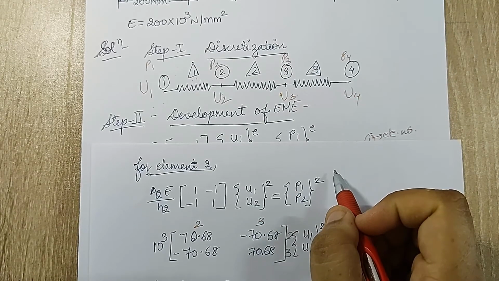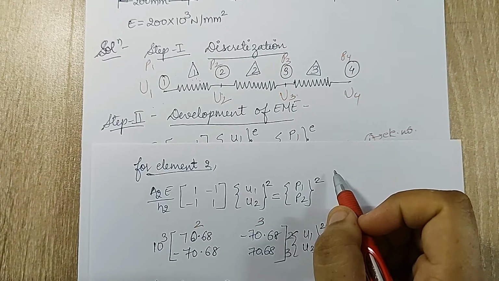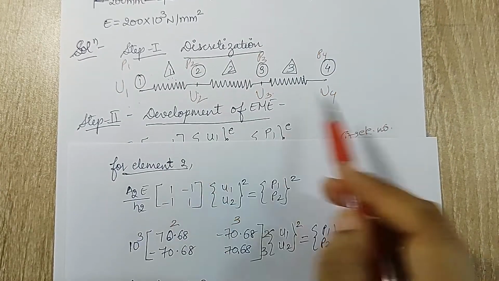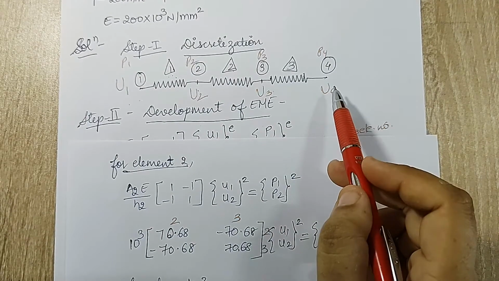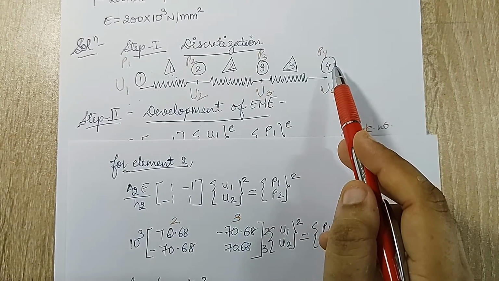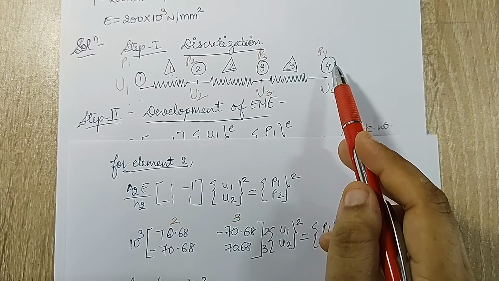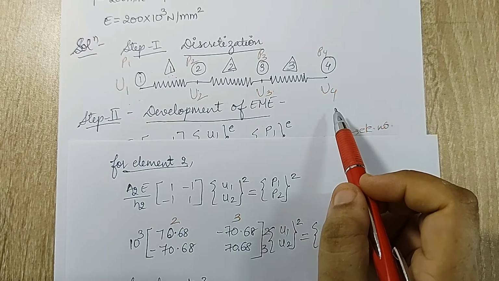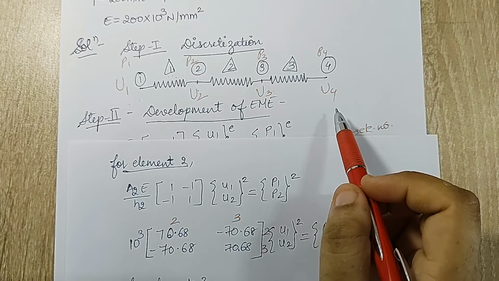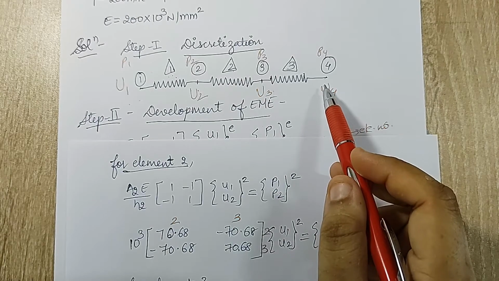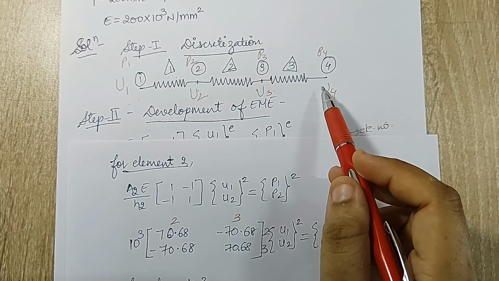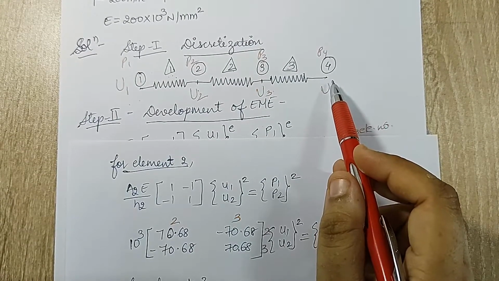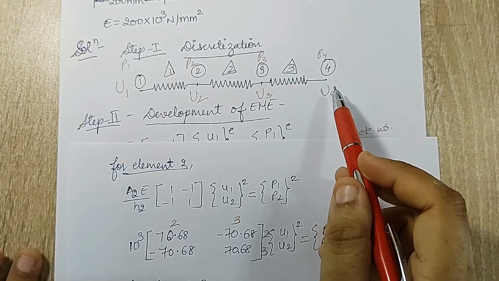This is something which you can just take, and henceforth you can use it for solving other numericals as well. That is, every body has to be divided into nodes, and whatever is the highest number of node, 3, 4, 5, 6, 7, 8, whatever it is, you will be making the order, that is m into n, as the highest number of node multiplied twice, which means if it is 4 nodes, 4 by 4, if it is 5 nodes, it will be 5 by 5, if it is 6 nodes, it will be 6 by 6. So here it is 4 nodes maximum, so I am going to have a 4 by 4 matrix.